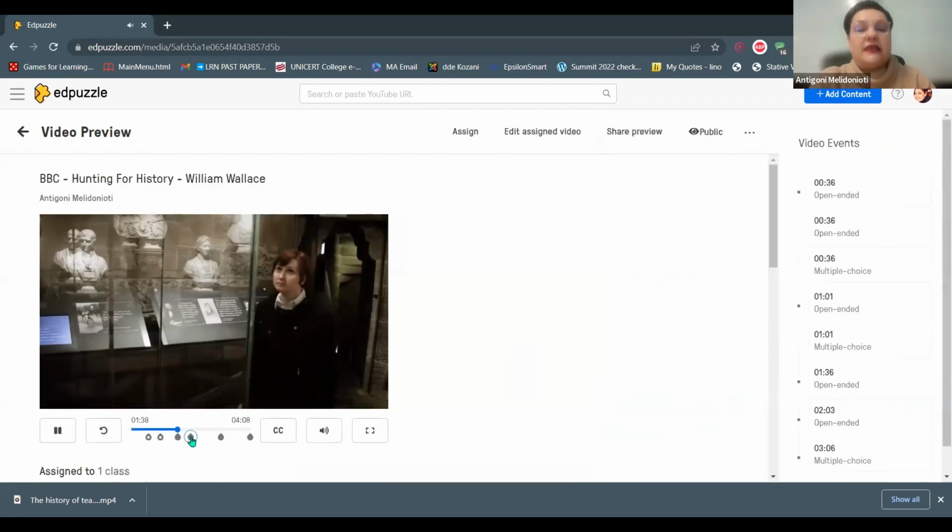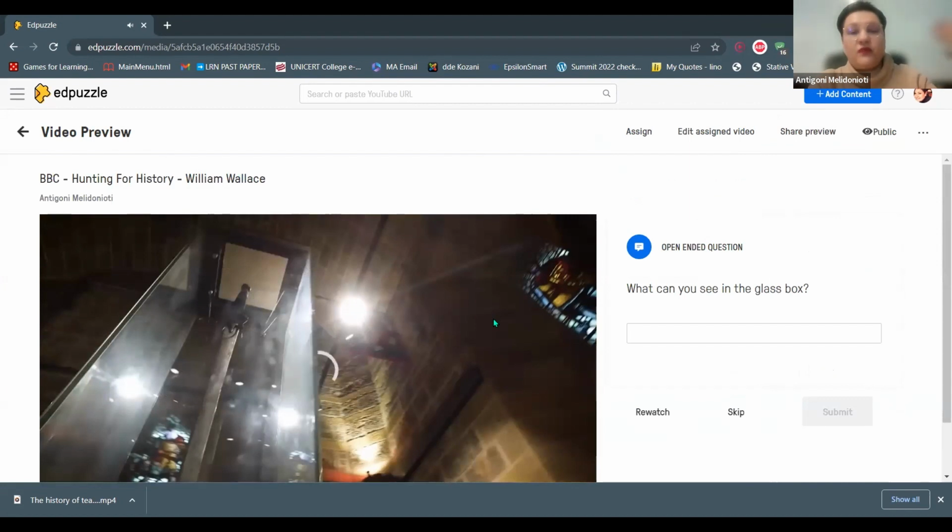In the middle of the room is a huge... So what can you see in the glass box? Yeah, so